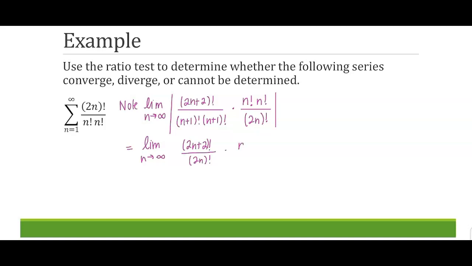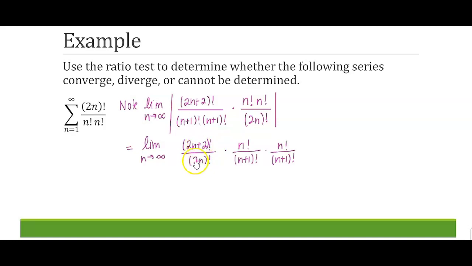And then I have n factorial over an n plus 1 factorial, and an n factorial over an n plus 1 factorial. So I'm really just splitting everything up, and just keep in mind, if we multiply all these back together, I still get the same numerator and the same denominator, just rearranging so that I can see the cancellations happening. So now here, 2n plus 2 factorial is the bigger value, so it's bigger than 2n